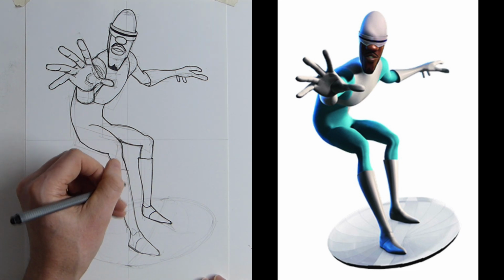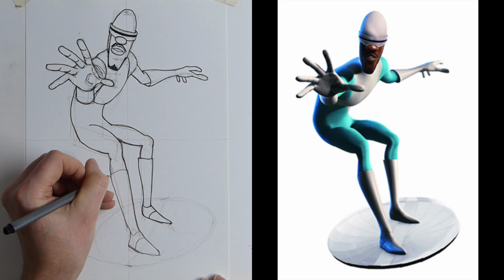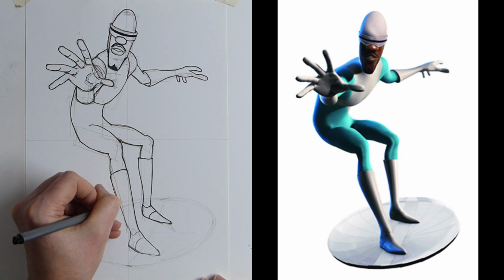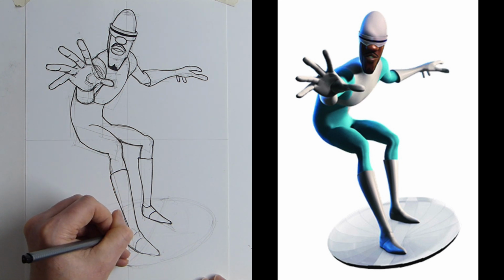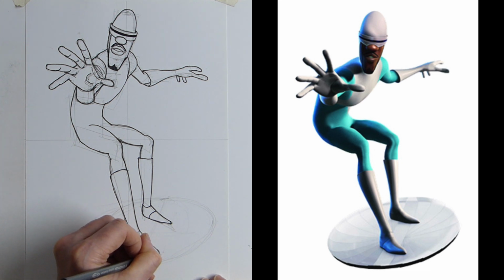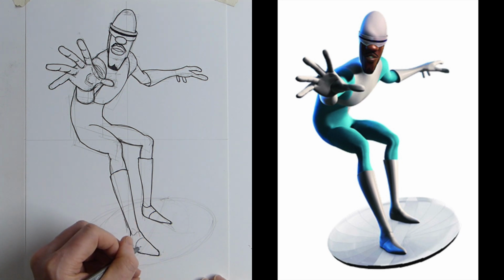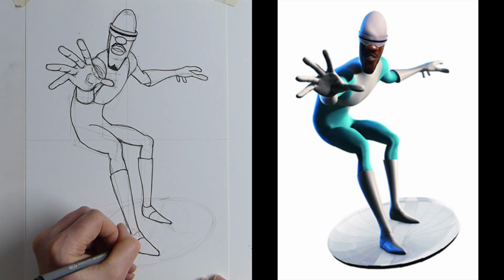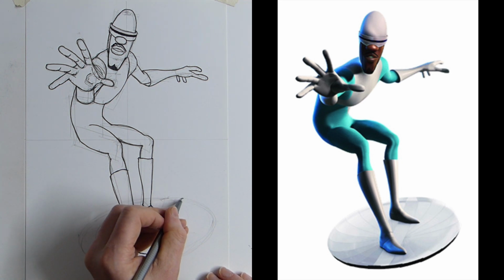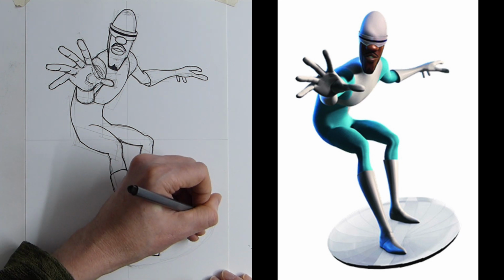Now we want to do his front right leg onto his surfboard. Do the curve of the top of the boot, down to the ankle, right the way down to the heel, and then you can go a little bit more up on the front of where his toes are, and then we can just add that little detail line. Now finally we can